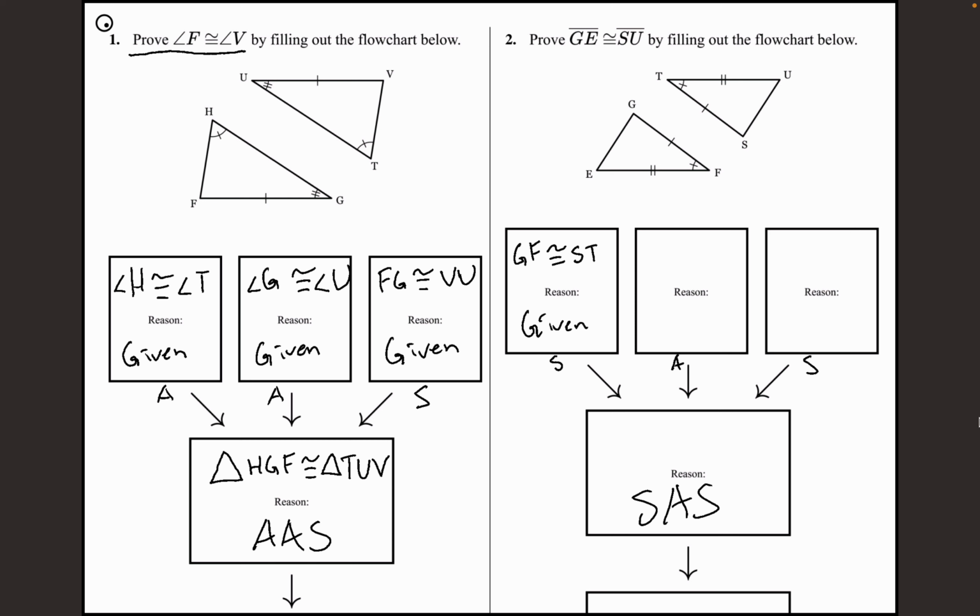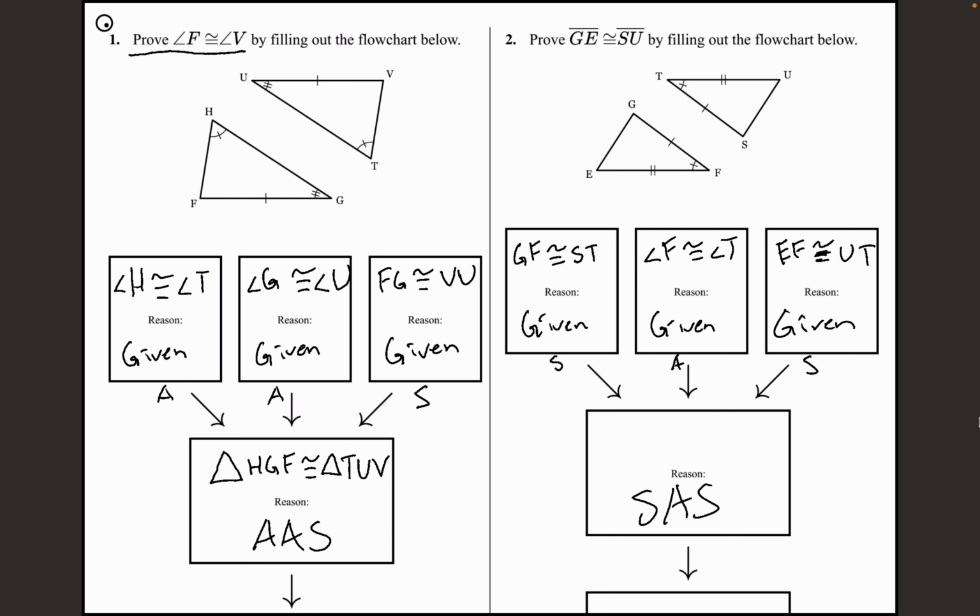Next, all right, my second letter's angle. So let's do angle. What two angles are congruent? F is congruent to T. What's my reason? Finally, we want to do the final side. All right, what's the final side that's congruent? Side. EF is congruent to, no, UT, because T and F are congruent. And my reason is,